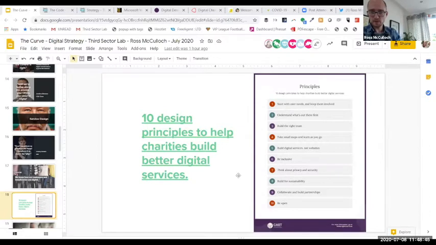Number 5, so building digital services, not websites. It's a really simple principle. So we're moving away from the age where your website is simply a shop window into what you do, into thinking about how does our website become an actual service in its own right. So if you look at some of the simple shifts that organizations have made, so people like Ad Action, who have changed their name recently, and I can never remember what they're called now. I think they're called We Are With You. So they've got live chat functionality on their website, which they launched actually a couple of years ago.